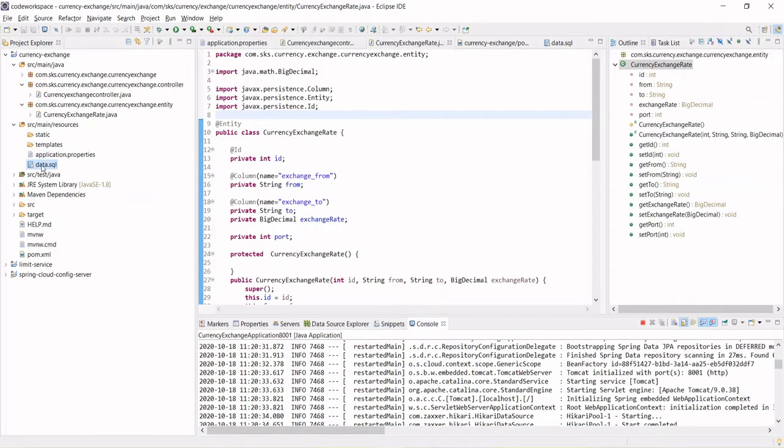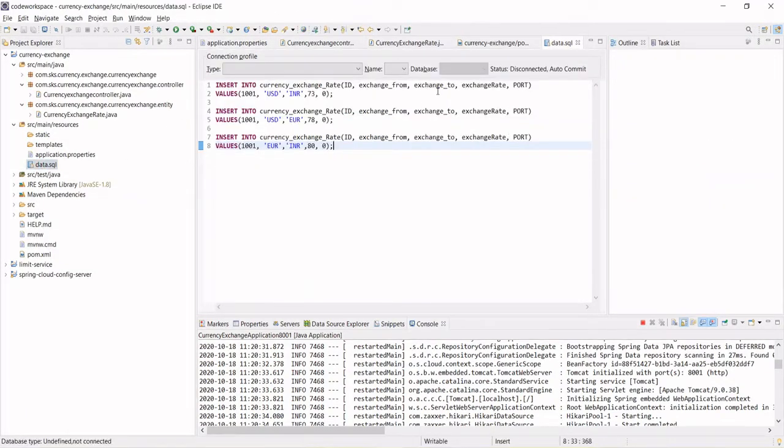So copy this. Go to the Java code, and go to data.sql. So exchange, camel case is there, R caps, right? So we'll have to make it, sorry, I could not copy. Let's type this: exchange underscore rate, exchange underscore rate, and exchange underscore rate, right?